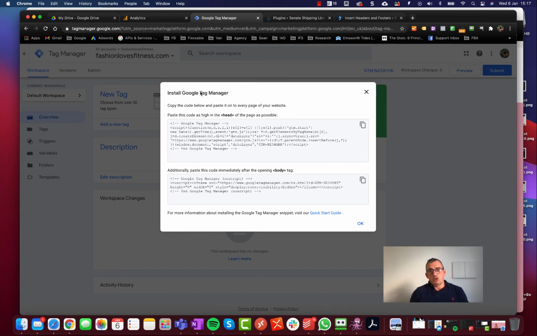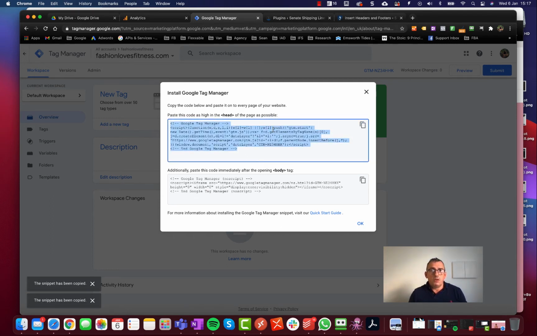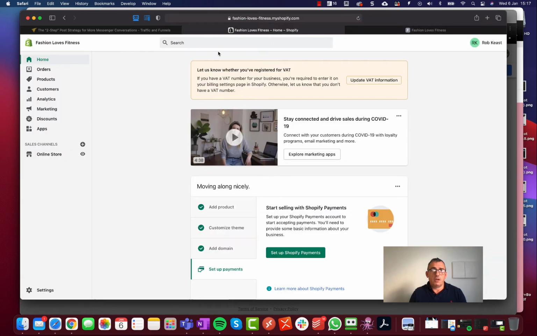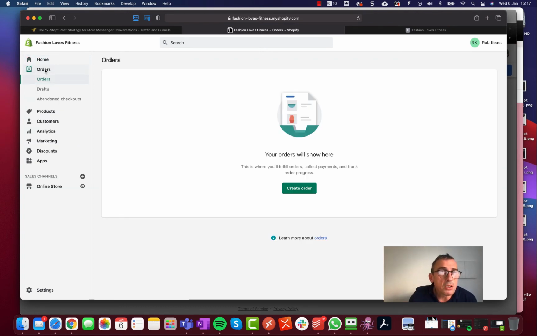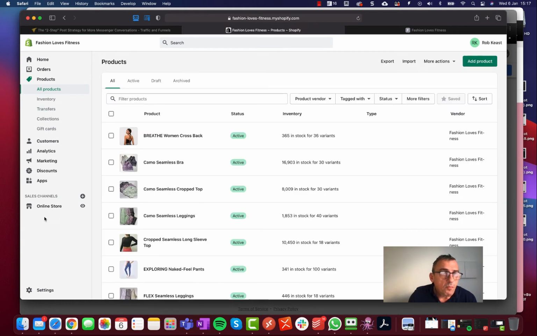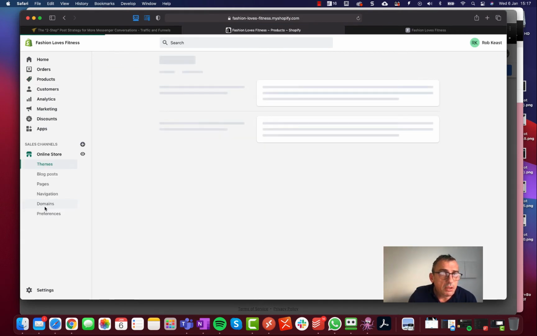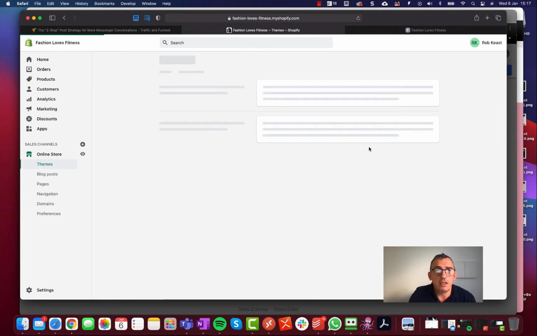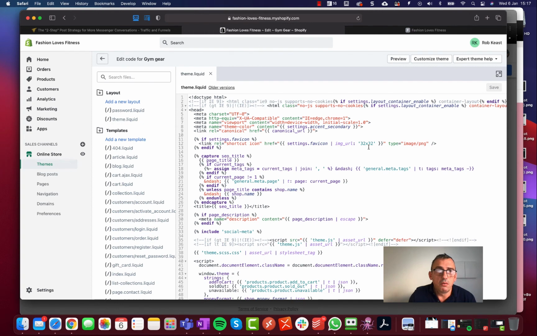Now, installing this on Shopify is a really good example of why you'd want to use Tag Manager, and I'll show you why in a second. So I think I've got Shopify open here. Yeah, here it is. So this is just an e-commerce store basically, but it's brand new, so there are no orders or anything. It's just got some products and whatever in there. So I've got to remember how to do this. Online store, themes. Don't worry about this unless you have a Shopify site, but it actually is a good example of why you'd want to do this.